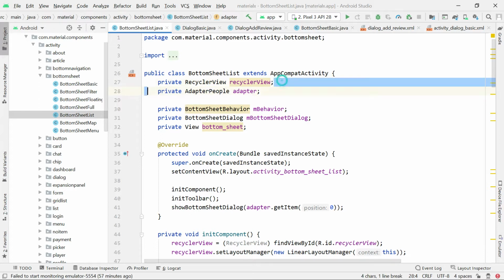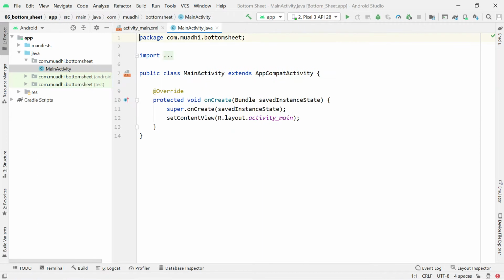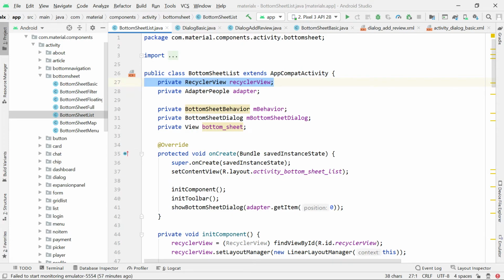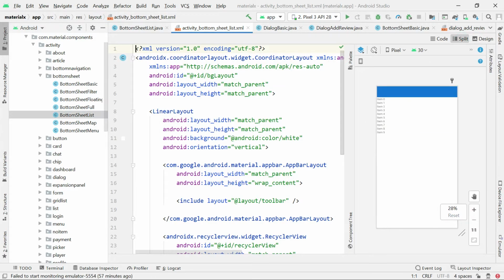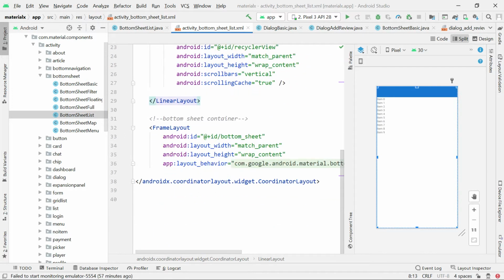First of all, let me create a recycler view where we'll need this bottom sheet. Just come here, find it, and then split, and then come here and create a recycler view. Another thing is that a bottom sheet must be within a coordinator layout, or it cannot be under a linear layout.